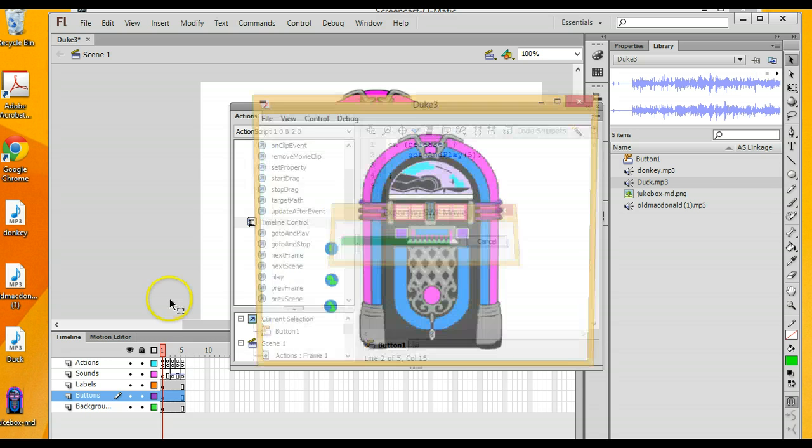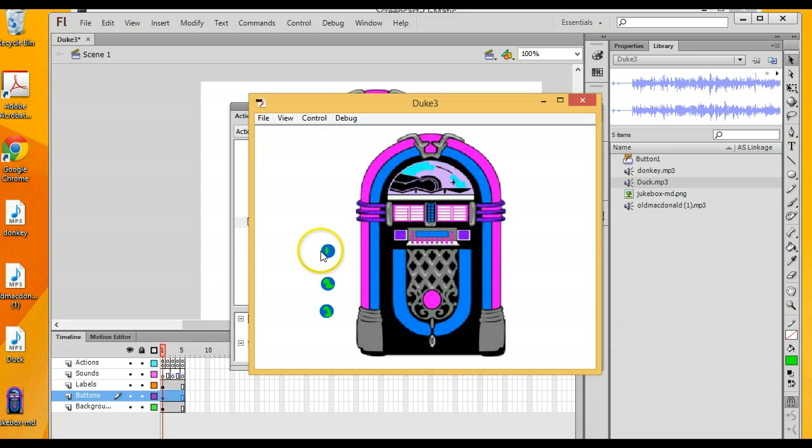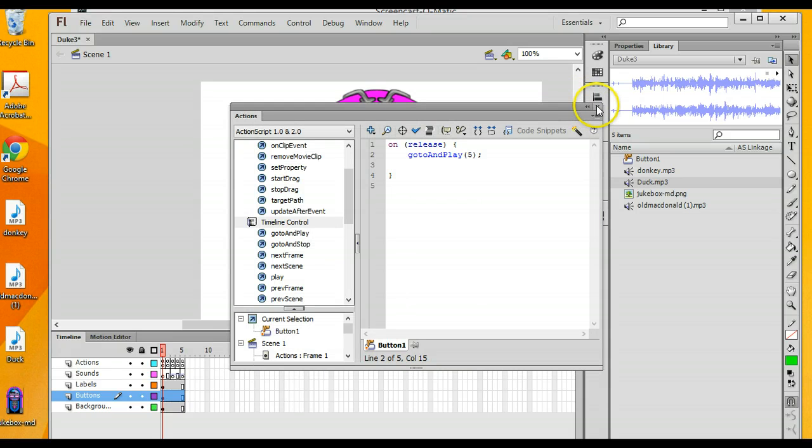Control Enter to test this now. So number 1 goes to my first song. Number 2 hopefully should go to number 2. Now, what's actually happened there is that I shouldn't have got to frame 5